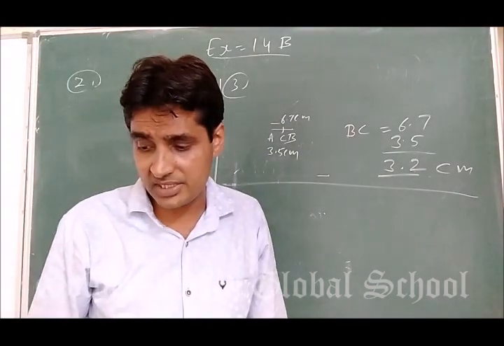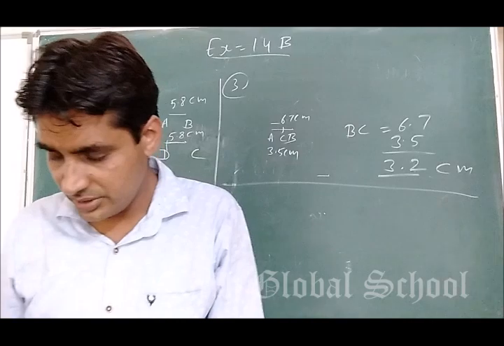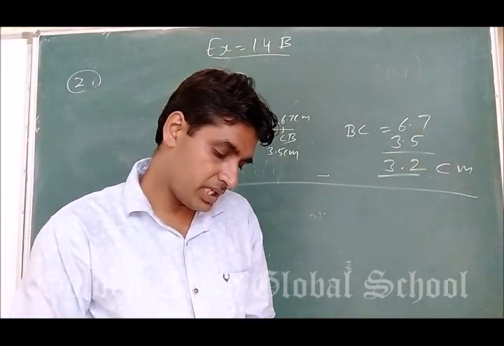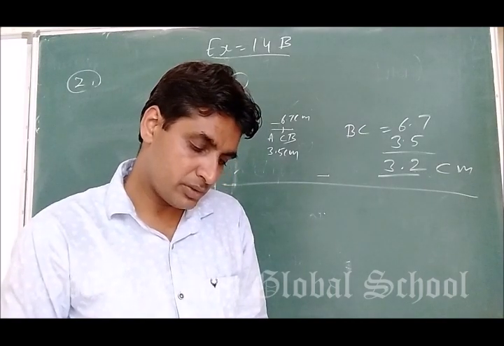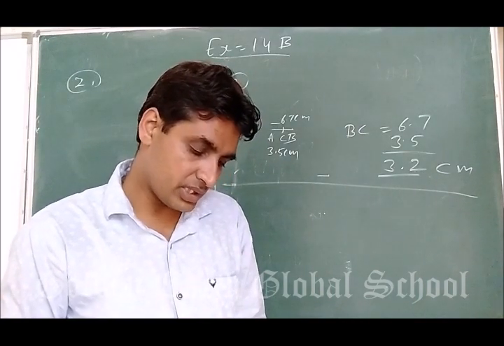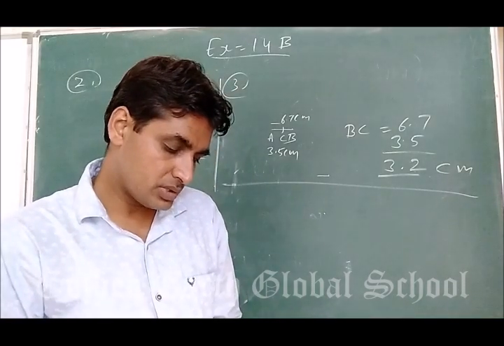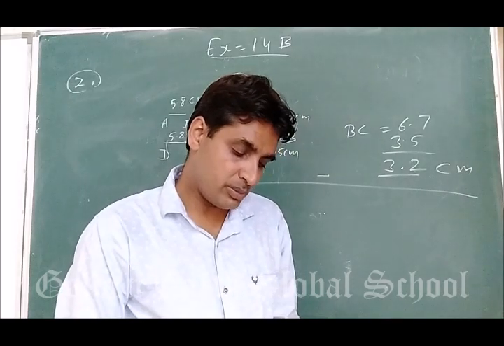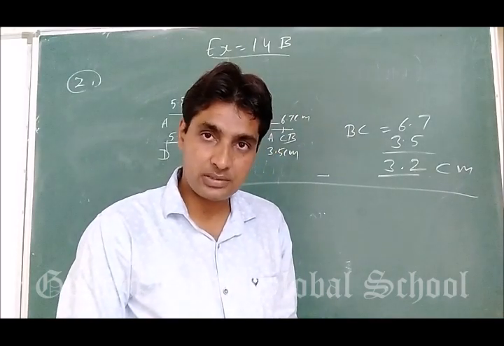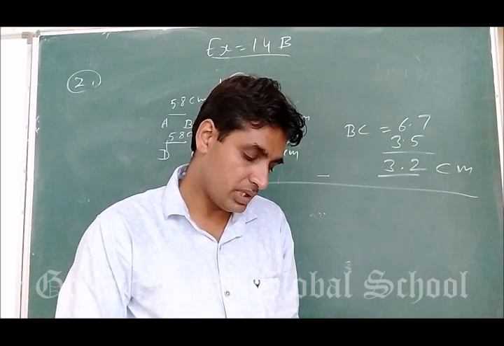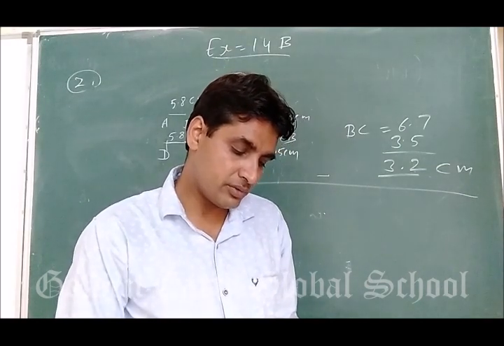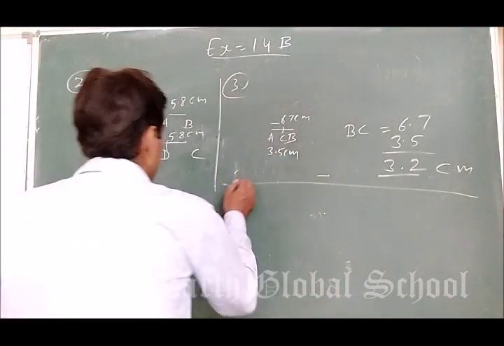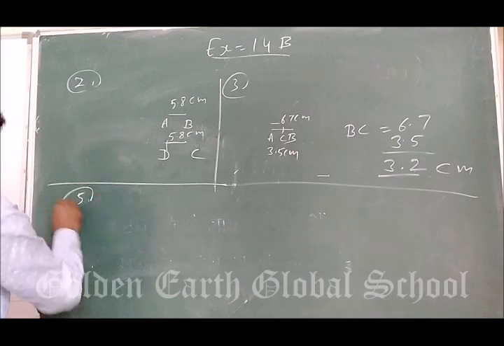In fourth question twice means double. Okay, so do yourself. In fifth question firstly AB 5.1, CD 2.9 centimeter. Okay, construct PQ such as length is equal to the sum of length of AB and CD. So AB and CD, bete, add them. Okay, then you have to draw PQ. Okay, so I will solve one part. Okay, so it is fifth question.